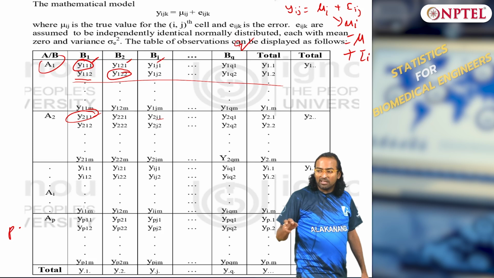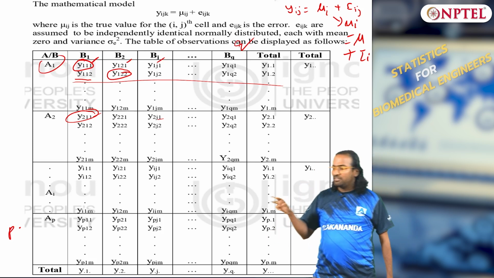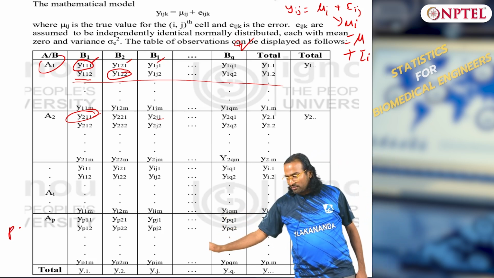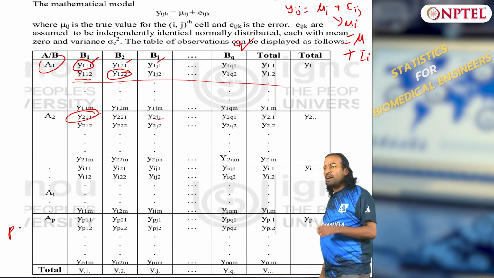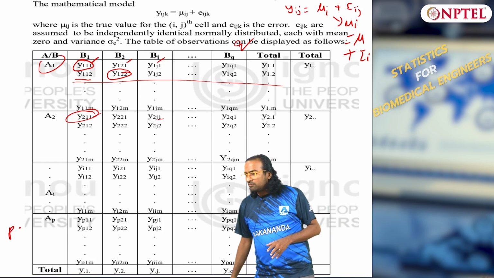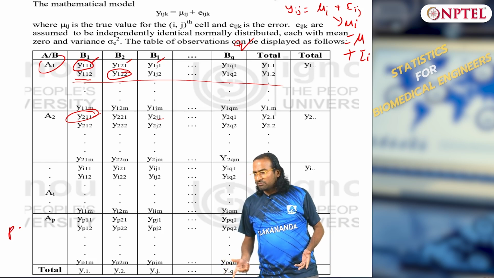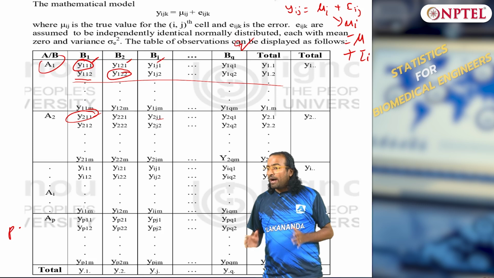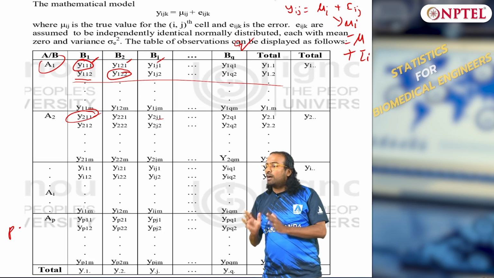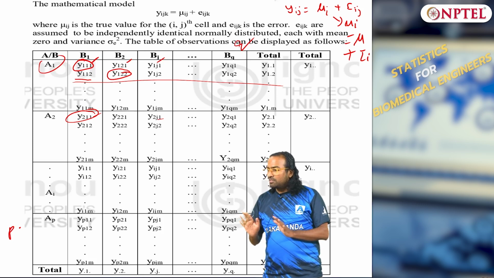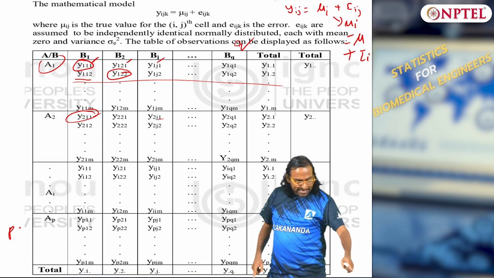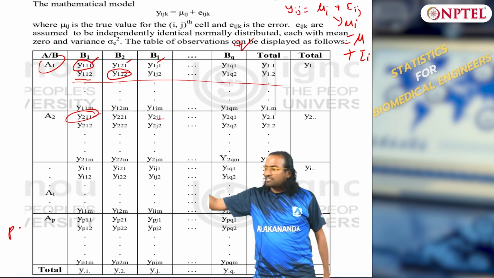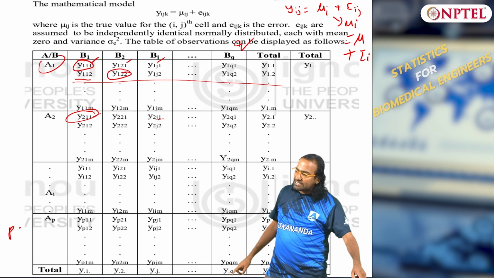But remember, all the variation in replication is mainly just due to noise. That is what I am saying. The difference between Y111 and Y112 is because of noise, nothing else. What is the difference? It is just due to noise, because treatments are fixed now, Y11 is fixed. This Eij, the replication portion, is just due to noise. This mu Ij is what treatment is.